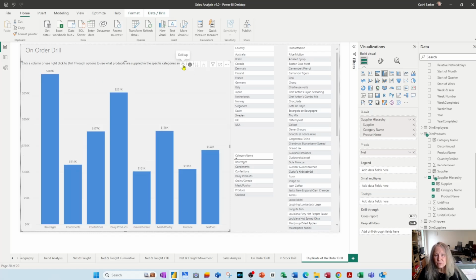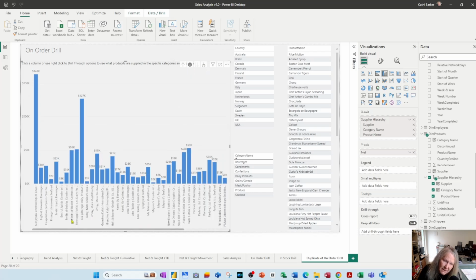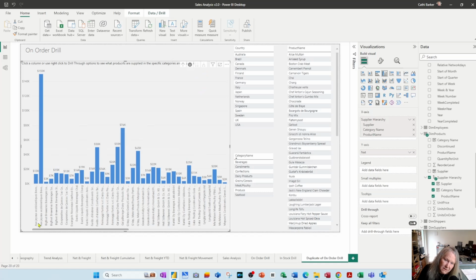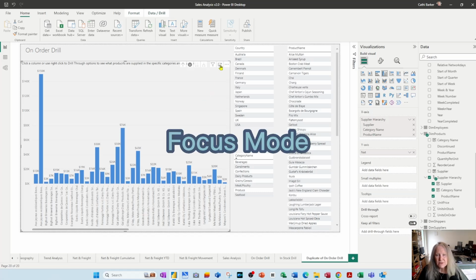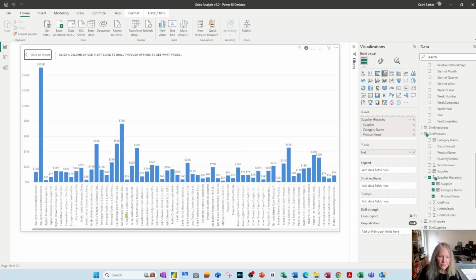I can go back up, drill back up, and if I get right to the top and then drill by this level, that's where I can see the actual supplier and the category. And if I go down again, I can see the supplier, the category, and the product. What's really handy, sometimes if you can't quite see as is the case here, is to dive into what we call focus mode. And so focus mode is this button here. If I click this, it enlarges that particular visual and allows me to focus more on it. Also, I can rest on a particular bar on a chart and find out more about the supplier, the category